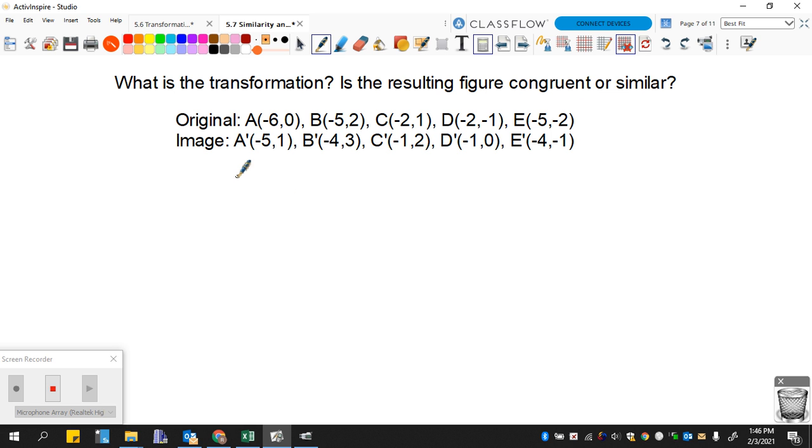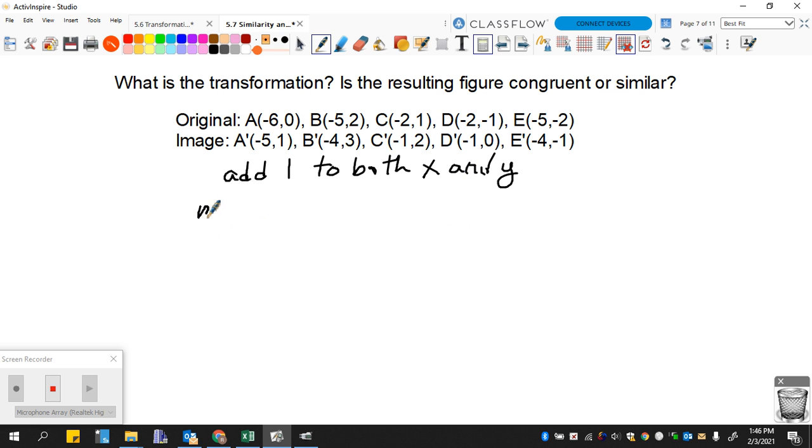So we add 1 to both x and y. So we really hadn't talked about that, but this is a multiple